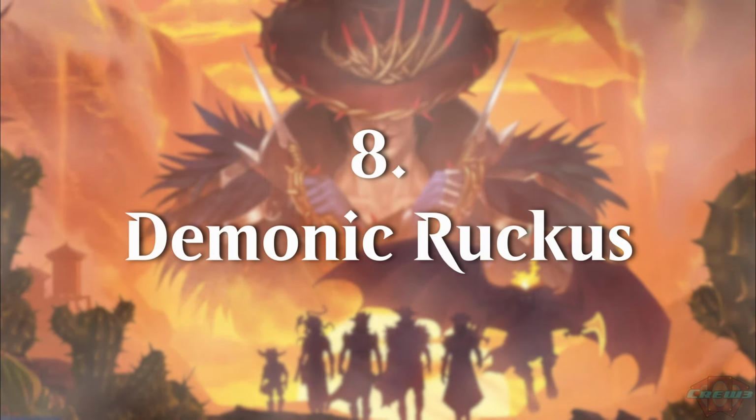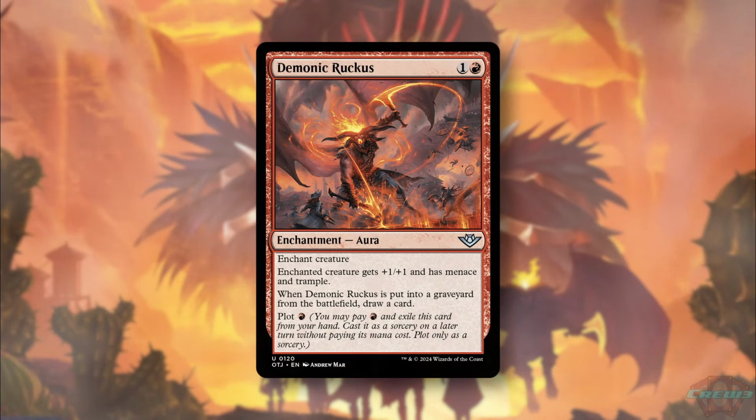Number 8, Demonic Ruckus. Demonic Ruckus is here to bring the noise and give aggressive decks like Boros Heroic a way to progress their board on turn 1 without overcommitting an unprotected creature. Or, like we discussed in the podcast, allowing for a turn 2 light pause to immediately tutor up something like